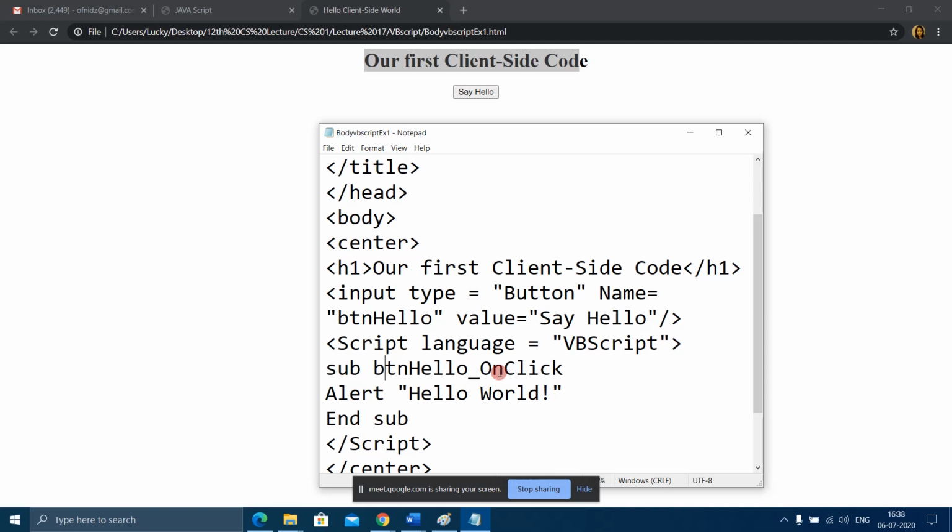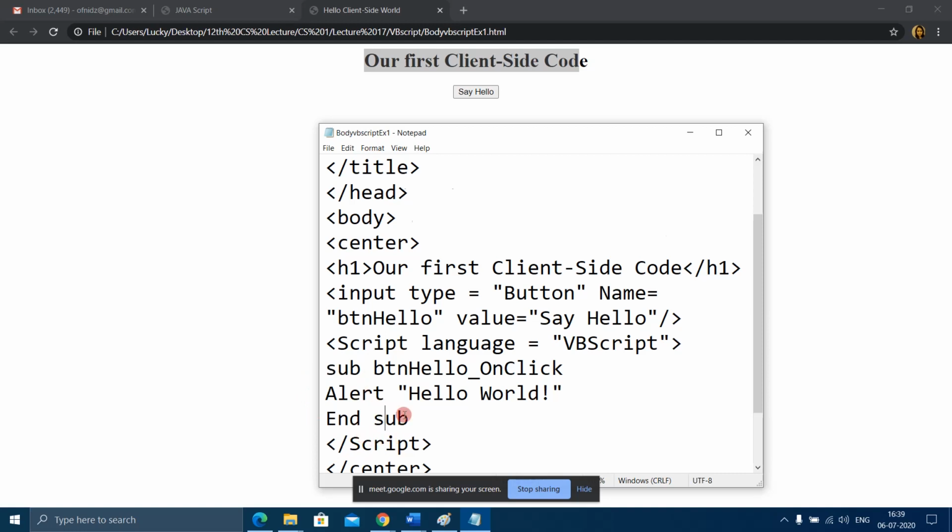So when I click on the button, something should happen. That I have specified here, alert function. This alert function is the inbuilt Windows function. What is this going to do? It's going to pop up the message box in which hello world would be written, and end sub. That means end of the subroutine, end of this function.